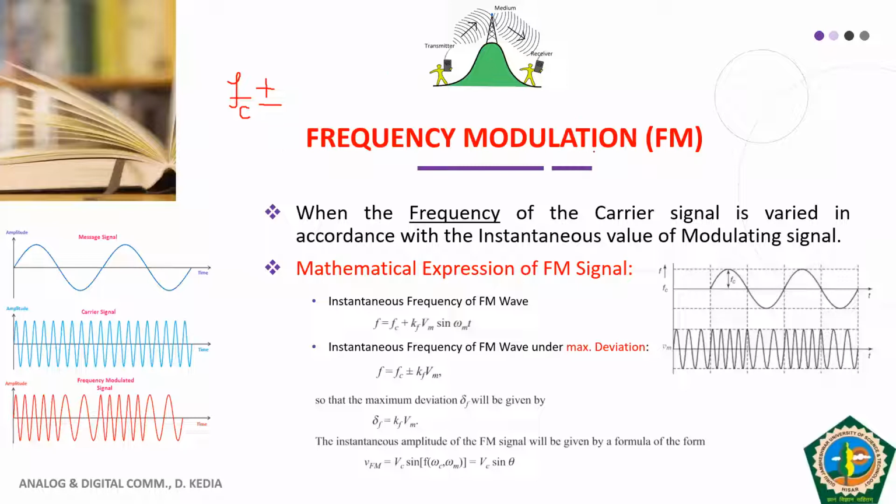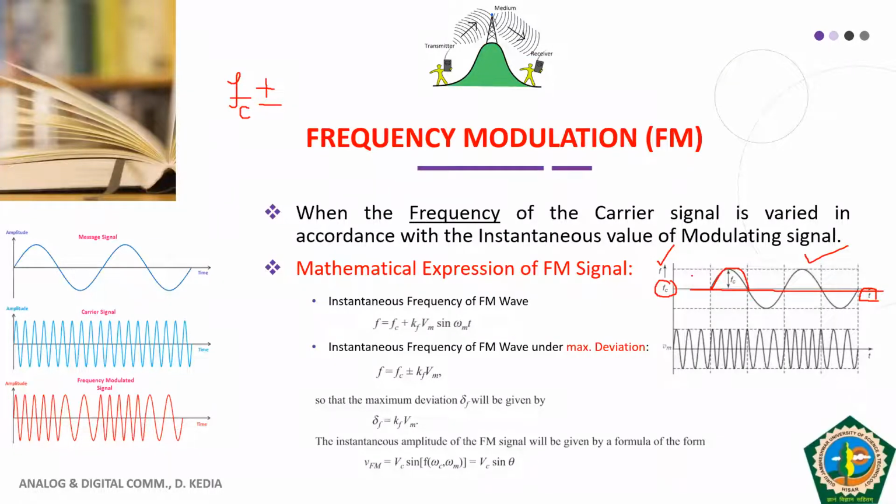Okay, so if you now look at the figure on the right hand side, I have drawn a graph where I have shown the change in the carrier frequency with time. So what is happening? On the y-axis, my frequency is there, not the amplitude. As time is increasing, my carrier frequency is first increasing, then my carrier frequency is coming down. This axis is what? Carrier frequency, original carrier frequency.